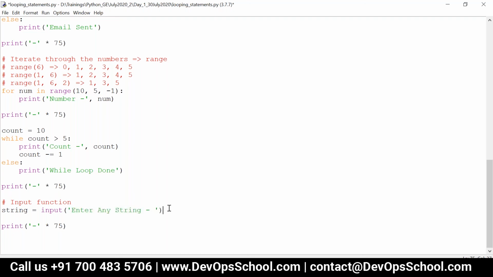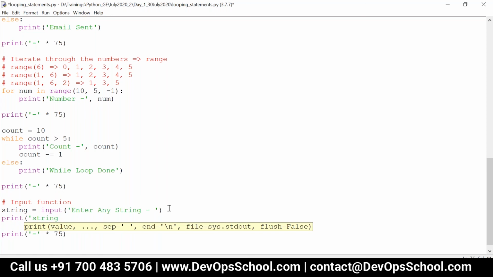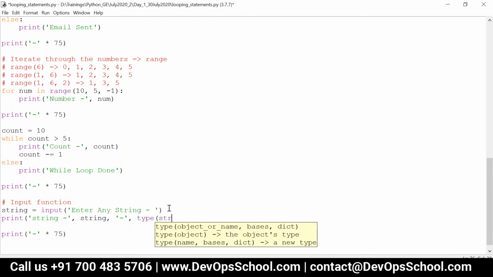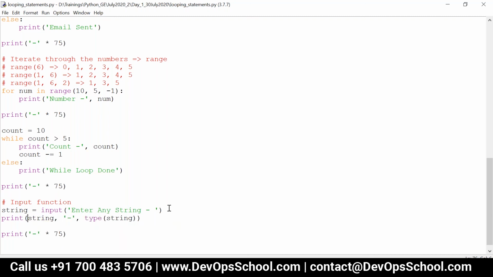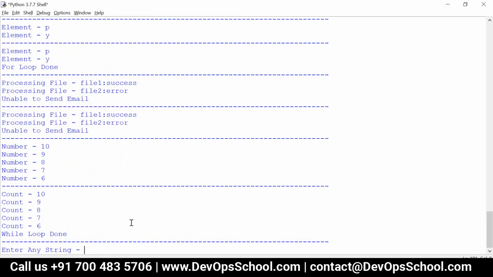So when this statement is executed, the system will wait for our input. Once we enter the input, I can write print string and then type of string. Let me just execute. See, now it is waiting for my input.